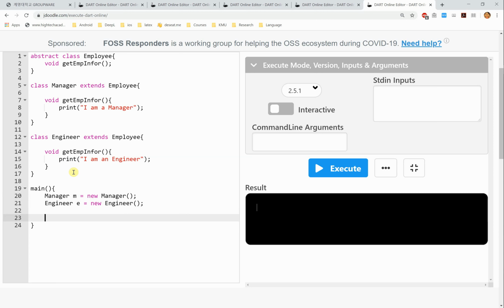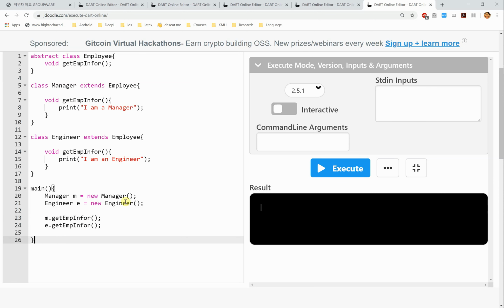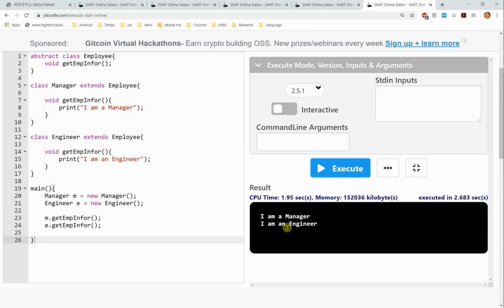Then I can call e.getInfo, and also Control C, Control V, m.getInfo, right? And if you run your program, then you will see "I am a manager" and "I am